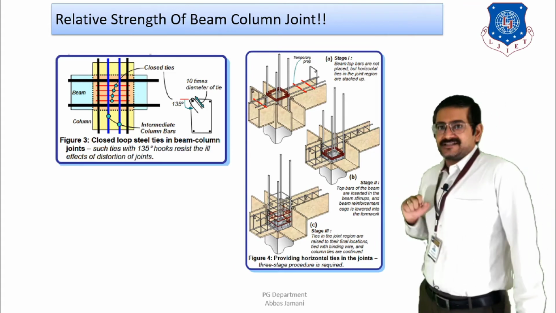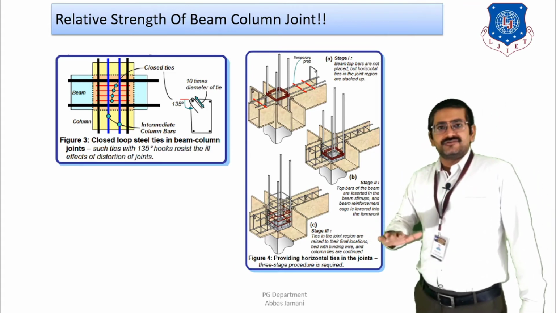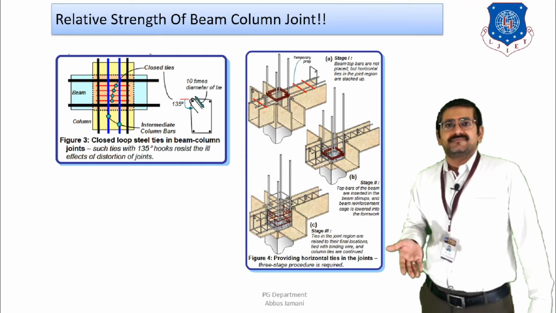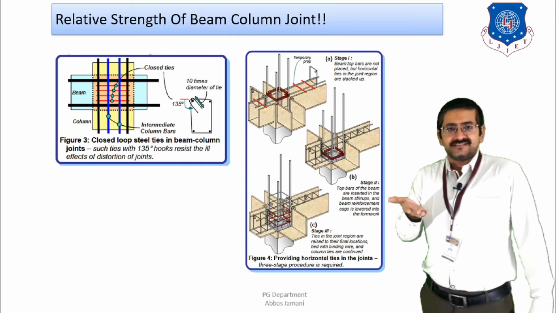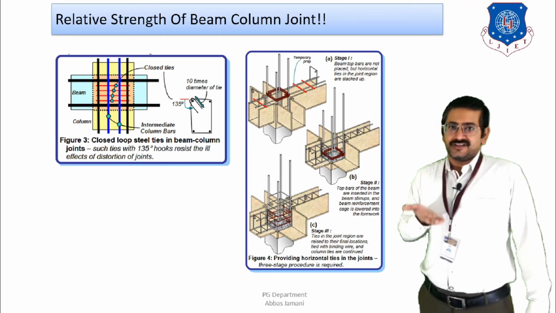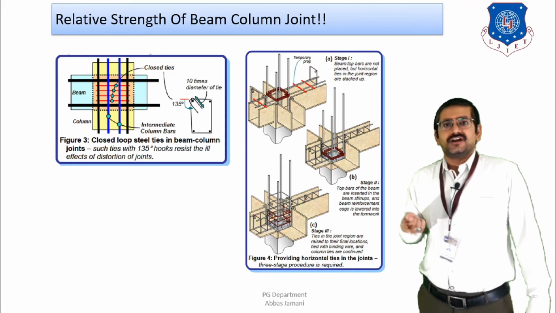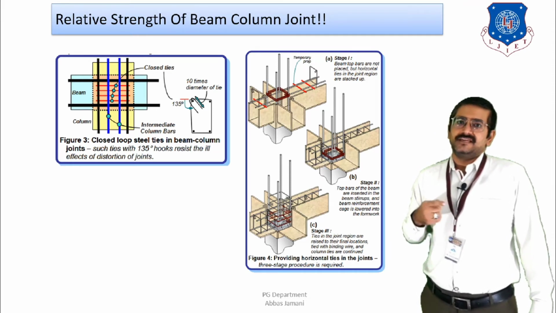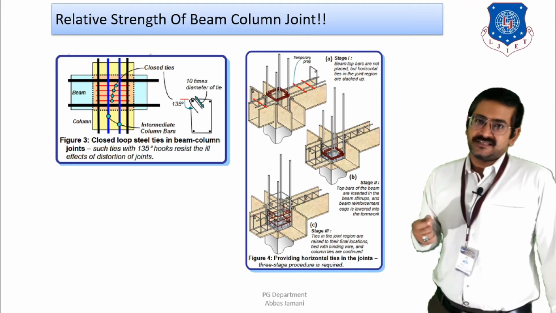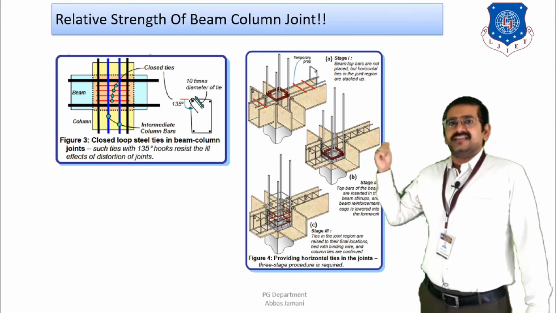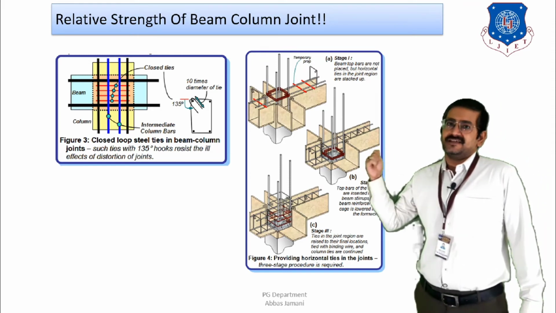And in the third stage, once the formwork is placed in position, these transverse loops that are stacked at the bottom of the bars should be increased in height as per the spacing that is shown in the drawing, and they should be tied with the main reinforcing bars, that is from the columns or from the beams, by means of binding wires. And if this sequence is followed, then the provision of special confinement reinforcement in the beam column joint is going to be a very easy process.